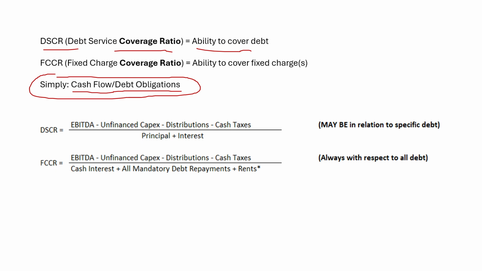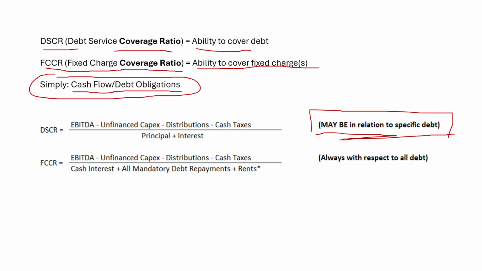And then FCCR, fixed charge coverage ratio, measures a company's ability to cover all fixed charges. So the difference between fixed charges and just debt, well, if you look down here, for DSCR, the debt could just be with respect to specific debt. For example,